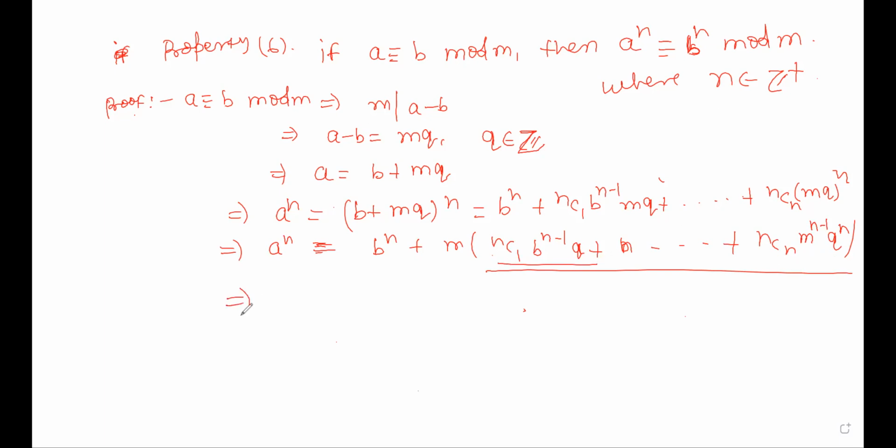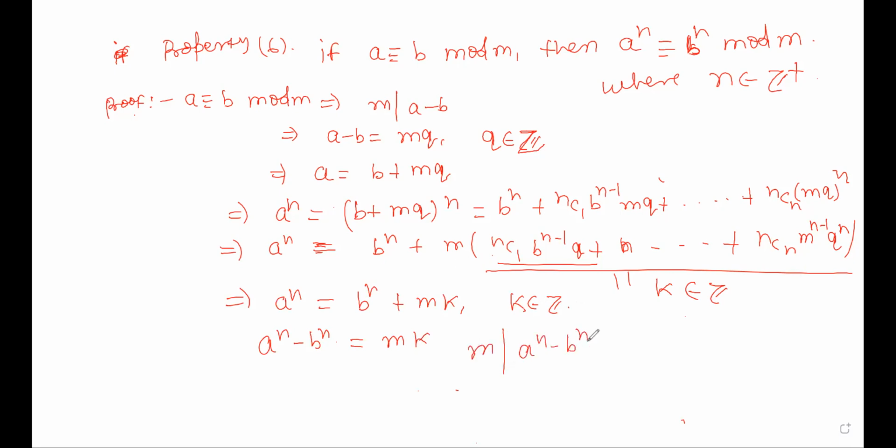Therefore, we can take it as k, and k is some integer. Therefore, we can write a^n equal to b^n plus mk, where k is also an integer. Therefore, a^n minus b^n equals an integral multiple of m,